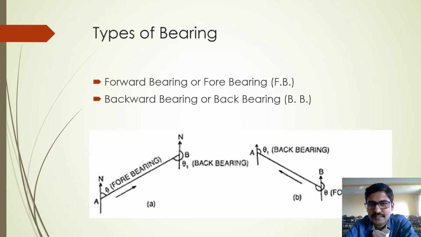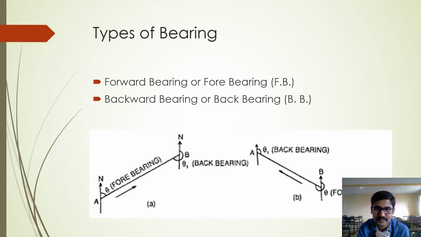As I have told you, bearing is nothing but the angle made by any line with respect to north direction, measured at the extremities. If you remember my definition of bearing, it will generally be measured at the extremities. Extremities in the sense what? It is the end points of the line. One line will always have two end points, isn't it? So either I can measure the bearing at the starting point of the line or at the end point of the line. If I am measuring the bearing at the starting point of the line, that is point A, then it should be called the fore bearing of the line.